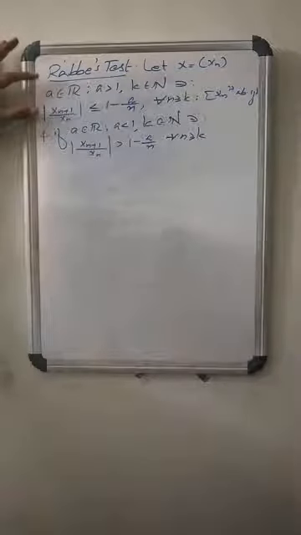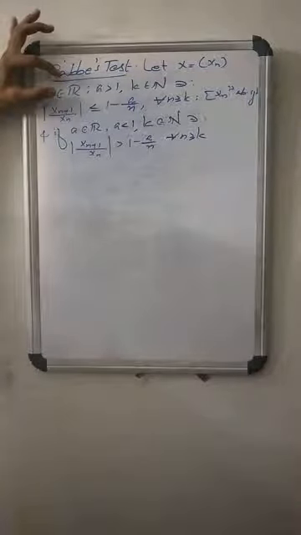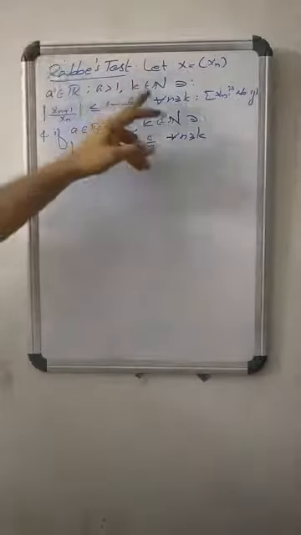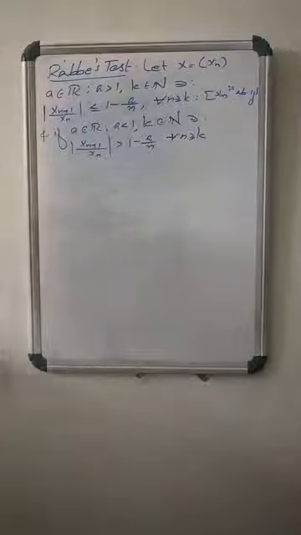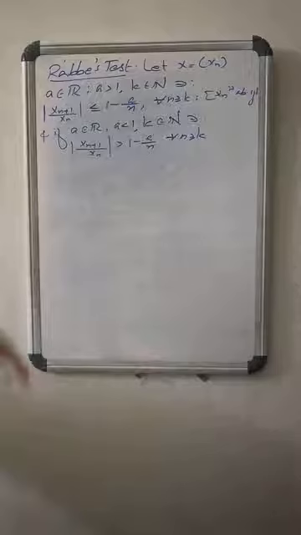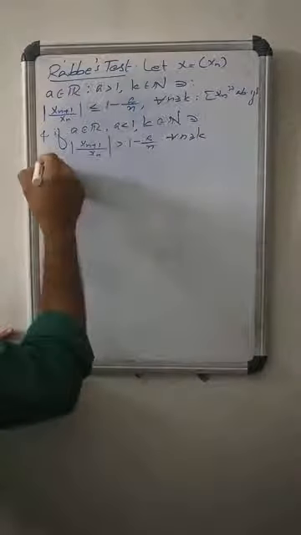Xn is a sequence of real numbers. A is greater than 1, a is any real number, and k is any natural number. If modulus of xn plus 1 by xn less than or equals 1 minus a by n, then sigma xn is absolutely convergent. And for a less than 1, modulus of xn plus 1 by xn greater than 1 minus a by n for all n greater than or equals k, then sigma xn is not absolutely convergent. How to prove this one? So the proof is,